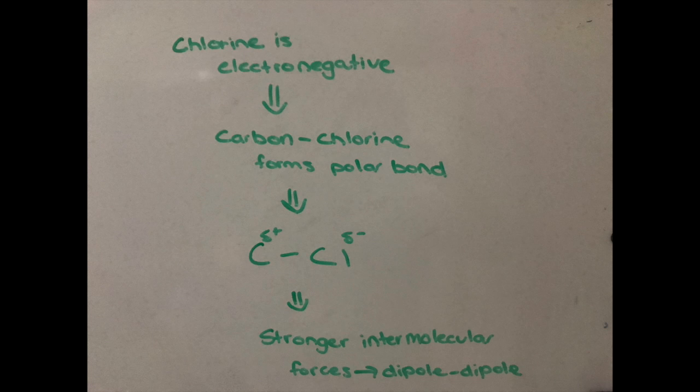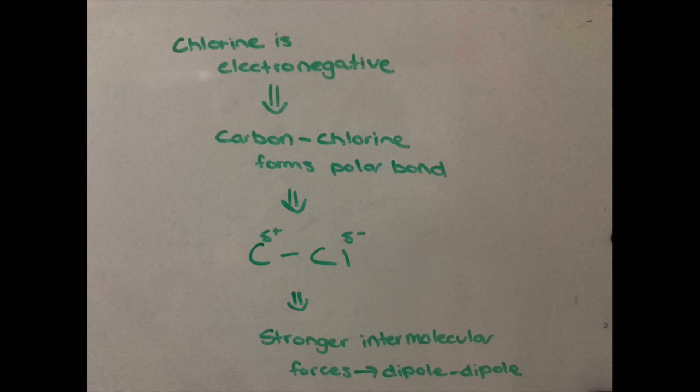Chlorine is highly electronegative, meaning that when bonded with the carbon, it creates a polar bond and becomes slightly negatively charged, and the carbon atoms become slightly positively charged. This creates dipole-dipole forces, which are stronger than those of the carbon to hydrogen bonds, which are only dispersion forces. This means that the intermolecular forces are stronger, being able to hold the polymer tightly, giving it the unusual properties